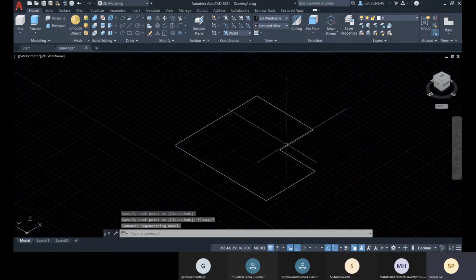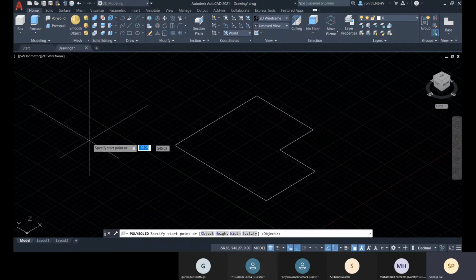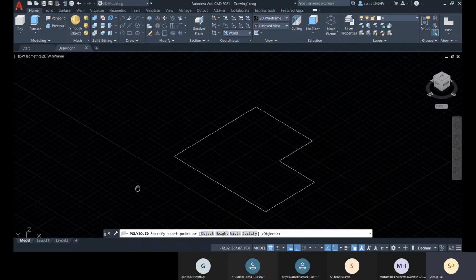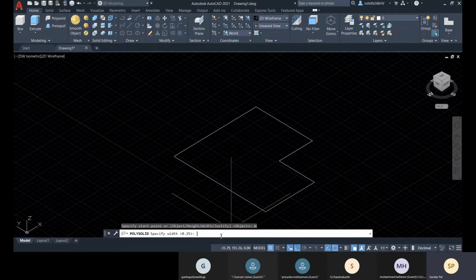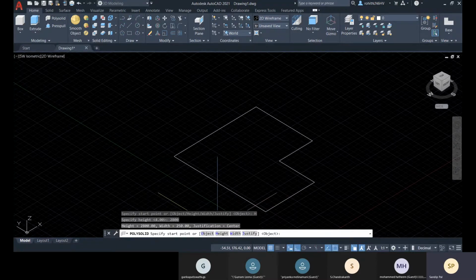Suppose this is my center line, and here I have this polysolid option to create a wall-like solid in AutoCAD. First of all, I need to specify the width and the height. So I'm going to specify the width as 250 mm, and the height will be 2800. Enter.